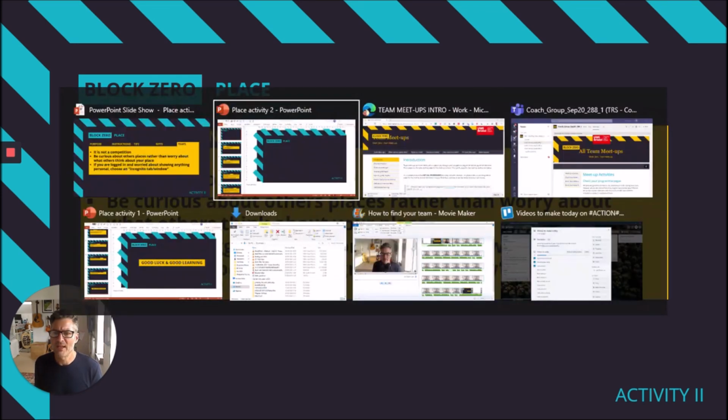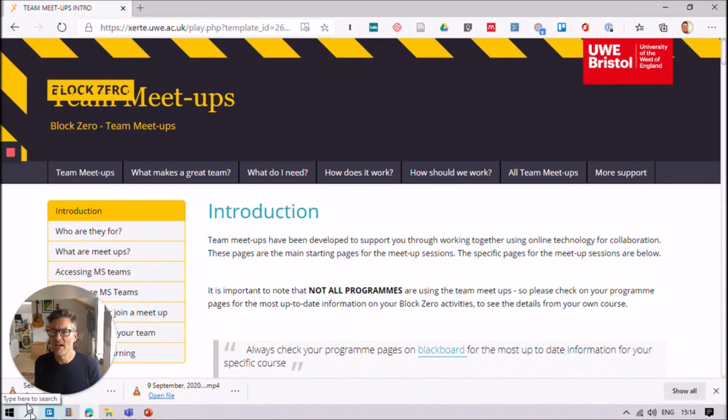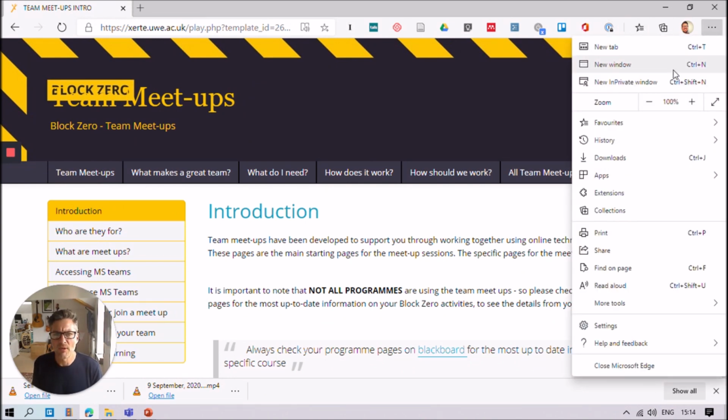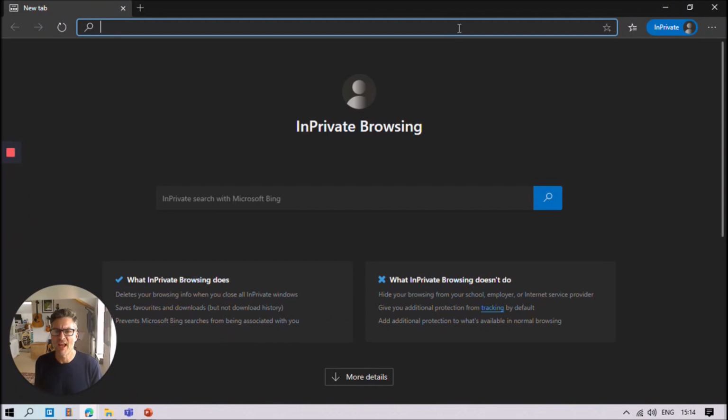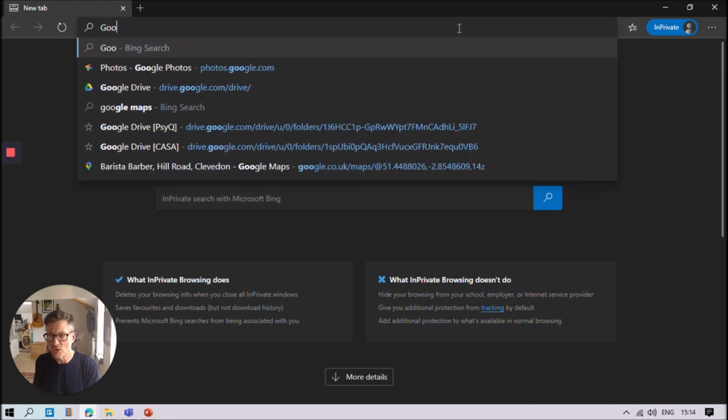So let me go to place and I'm going to open a new tab. I could just open a new tab, but what I'm going to do is show a private window. This is just a generic private window or private tab, which is quite good for when you're demonstrating stuff or you don't want to be logged into your Google site and you want to show people something. So I'm just going to go to Google Maps here.